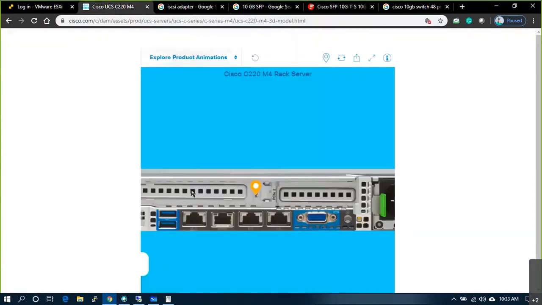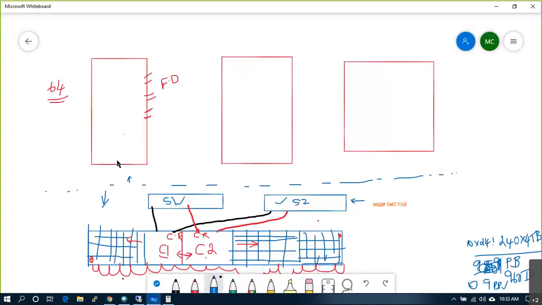So from two adapters you inserted two cables, right? Here I have inserted the adapter, here I have inserted the adapter. From the adapter one cable will come here, another cable will go here.